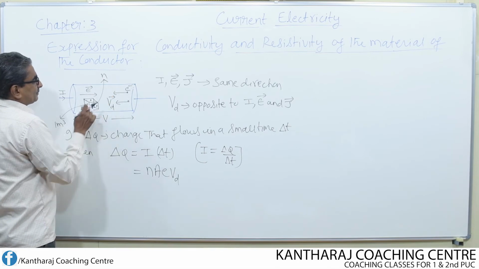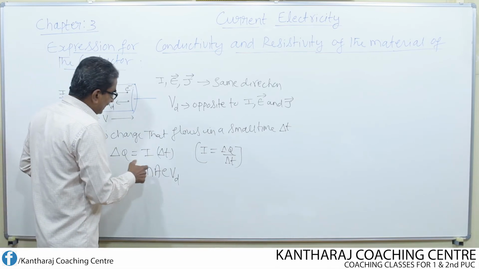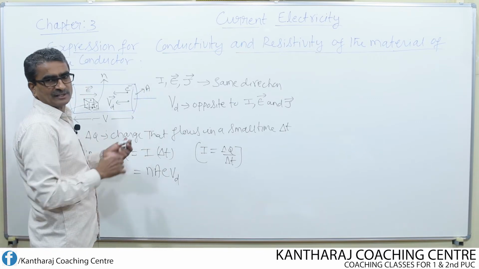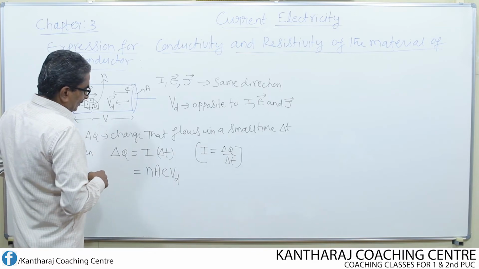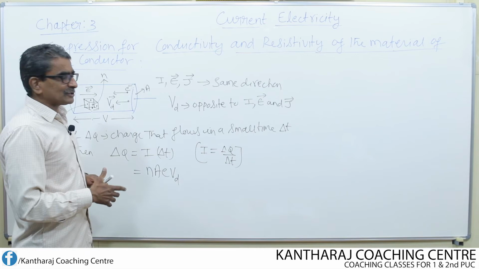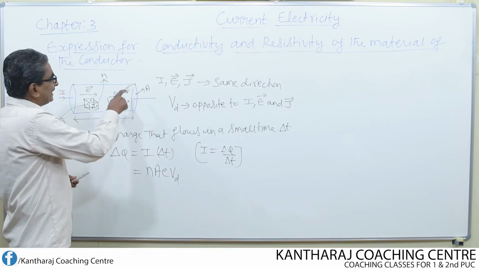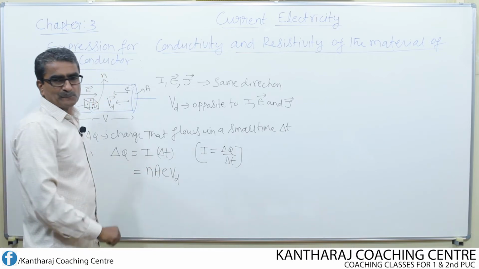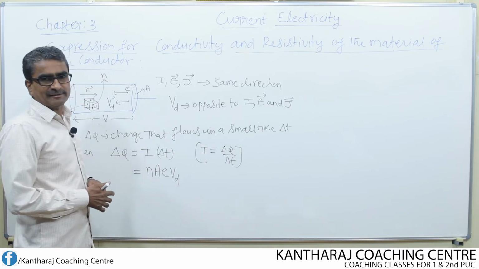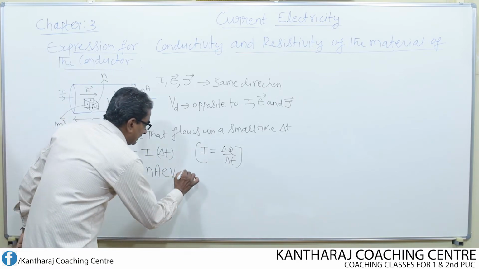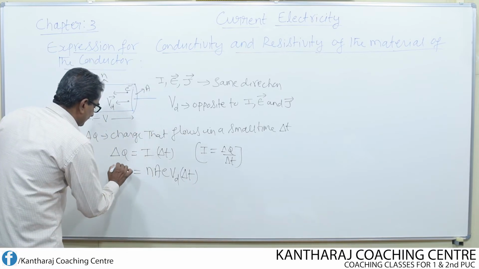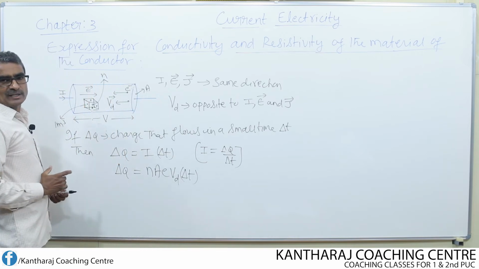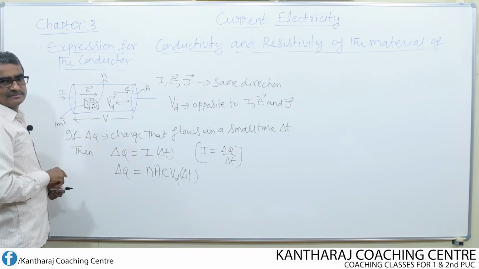So the total number of electrons present in this unit volume is nothing but N. And what is A? A is the area of cross section of the conductor. What is E now? E refers to the charge of the electron. I have written E minus, but while writing the mathematical expression, let us consider only its magnitude, not the sign. Therefore, I have written only E, into delta T. Retain that as it is. So this is the amount of charge that flows from one end to another end of the conductor corresponding to this current.